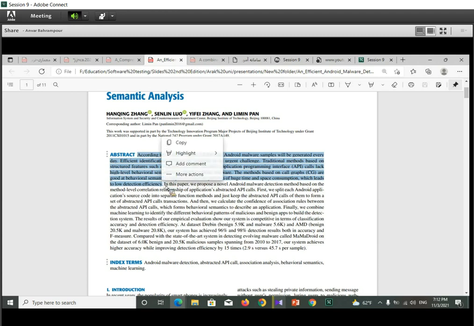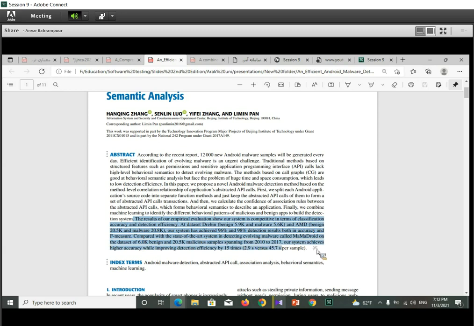The second part explains the proposed method, and the third part explains the result of the experimental evaluation, or the result of empirical evaluation of the implemented approach or of the simulated approach. Okay.